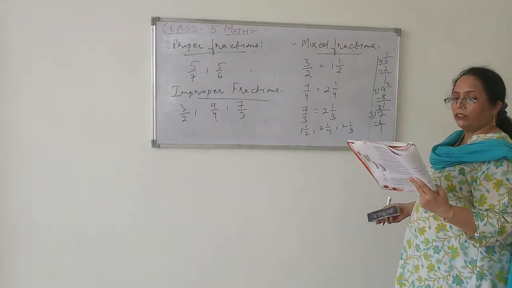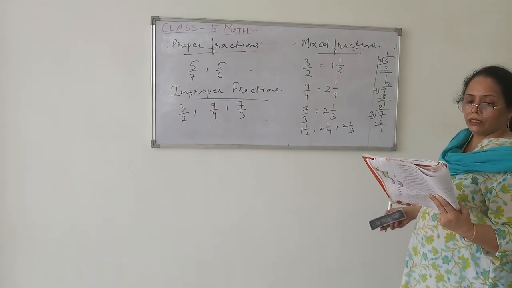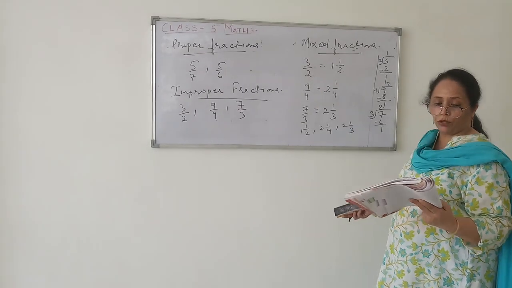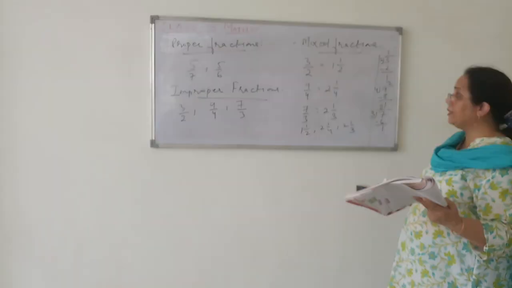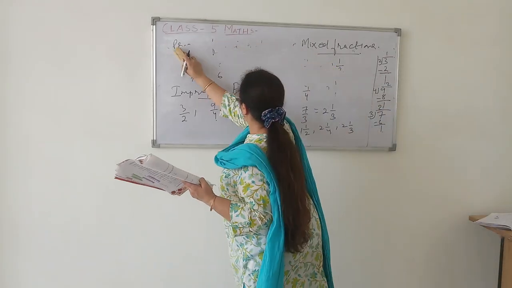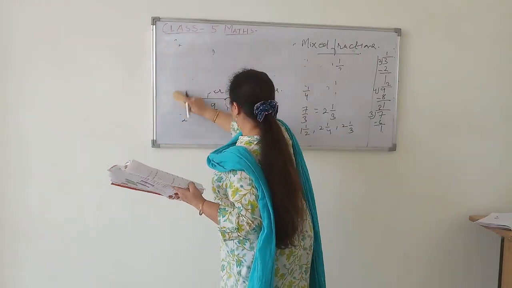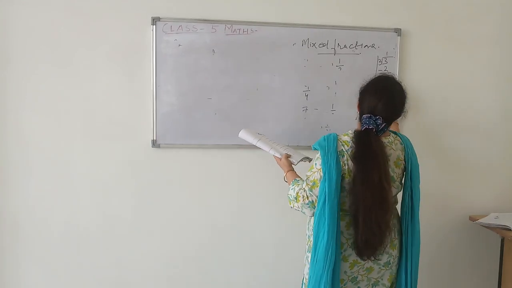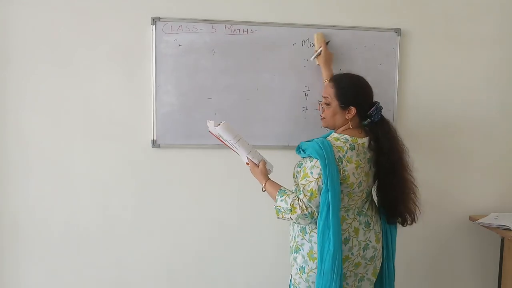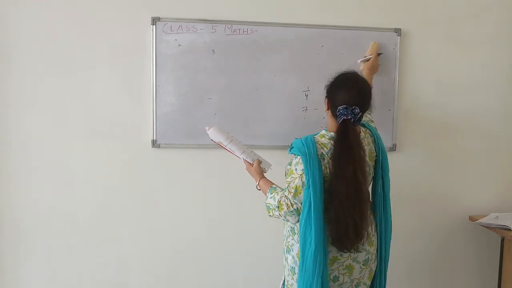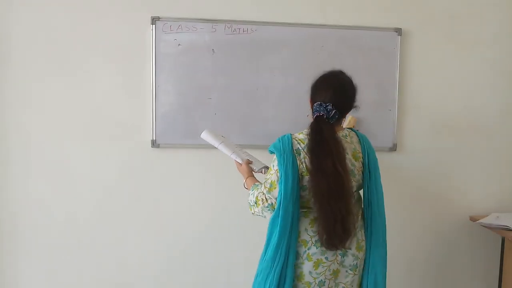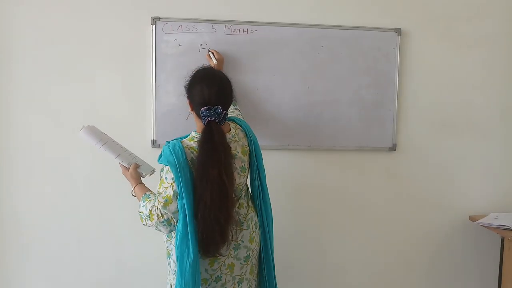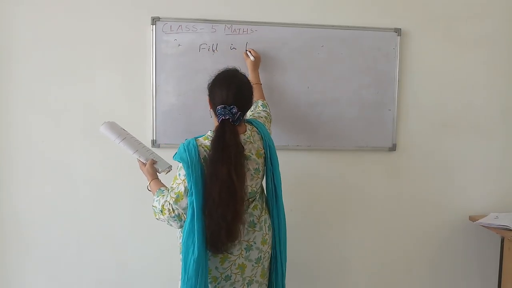After this, we will change the improper fractions into the mixed fractions. Again, the same type of question. Then we have the fill in the blanks. Fill in the boxes. Now, fill in the boxes is again a very simple one. We have to just see the fractions first, which kind of things we have to follow over here. First it is fill in the boxes.